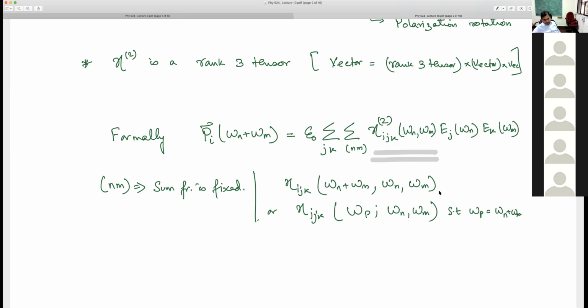And this is the notation which is used in Lloyd, from where we are mostly following our discussion for these parts. Another notation which is used in the literature is like this. So omega m, omega n, and then there is a semicolon and omega p. So omega 1, 2, and 3, such that omega p is always the sum. So that is understood basically. Okay, so it's not explicitly written, but it's sort of understood. So that's the formal definition of second order susceptibility.